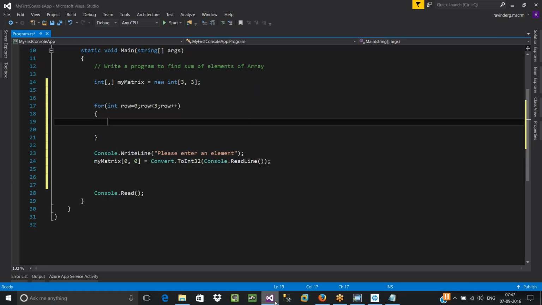So within the rows, to navigate between the columns, I'm going to write one more loop. int column is equal to 0, because first we have to go to the first column. And how many times it has to be repeated? That depends upon your column size. How many columns are there inside each row? Only 3 columns. That's why it has to be repeated up to only 3 times. And every time it has to be incremented with 1.